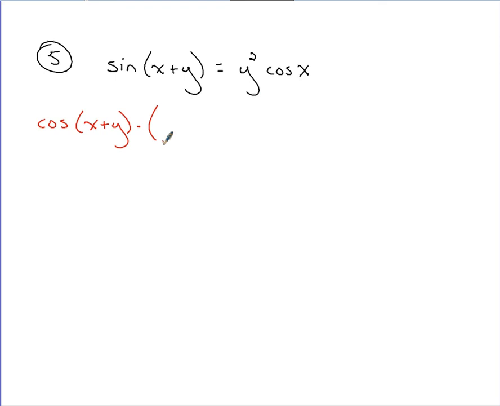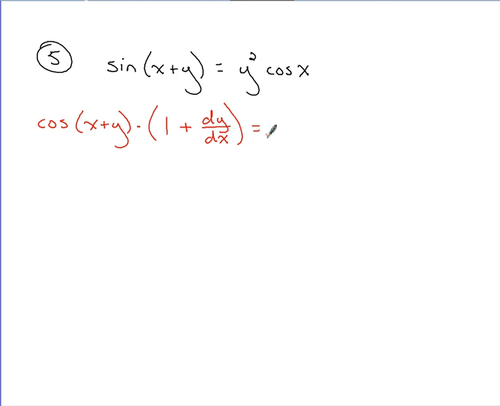So, derivative of x plus y. Taking the derivative of x, you get 1. It's just an x, so treat it like we normally would. Plus, take the derivative of y. Well, we get 1 again. But we took the derivative of y, so we attach this dy/dx. That equals,